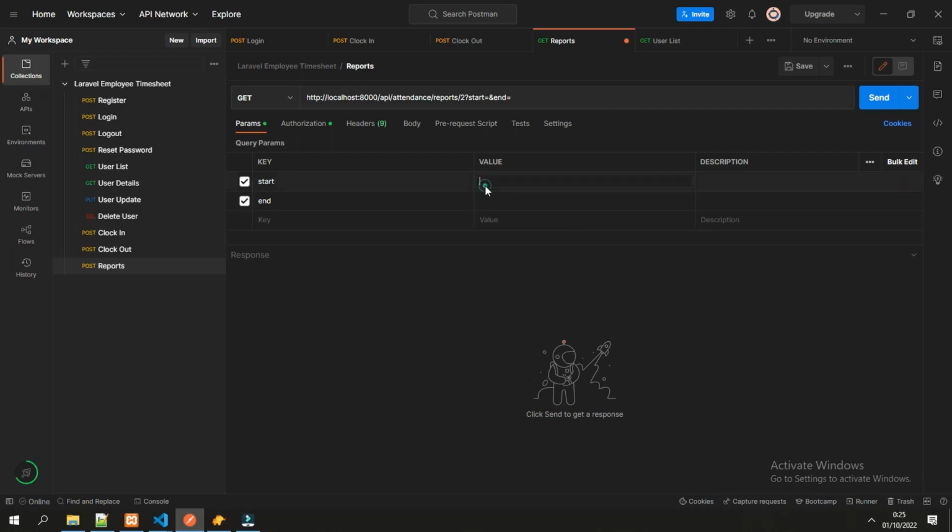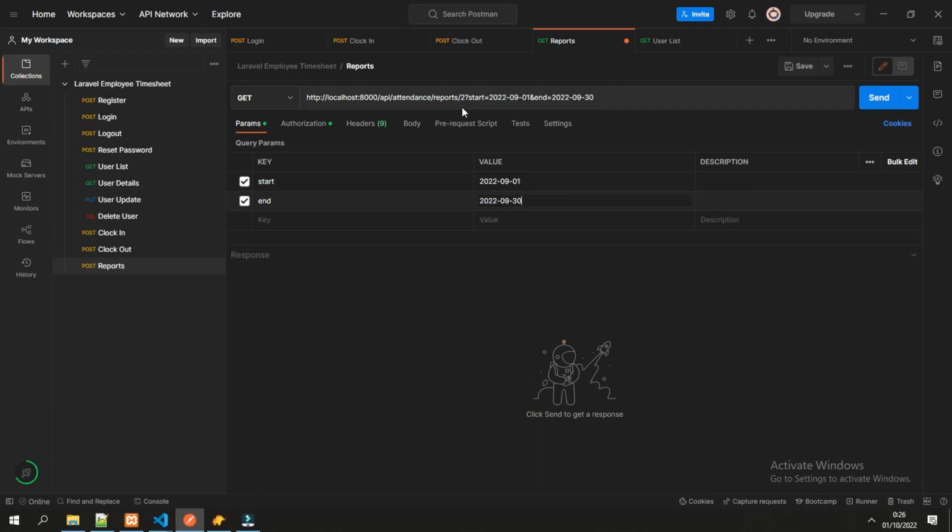For example, the value is the whole September, so it would be 2022, in September from the 1st until the last date of September, which is 30. This would be the request.